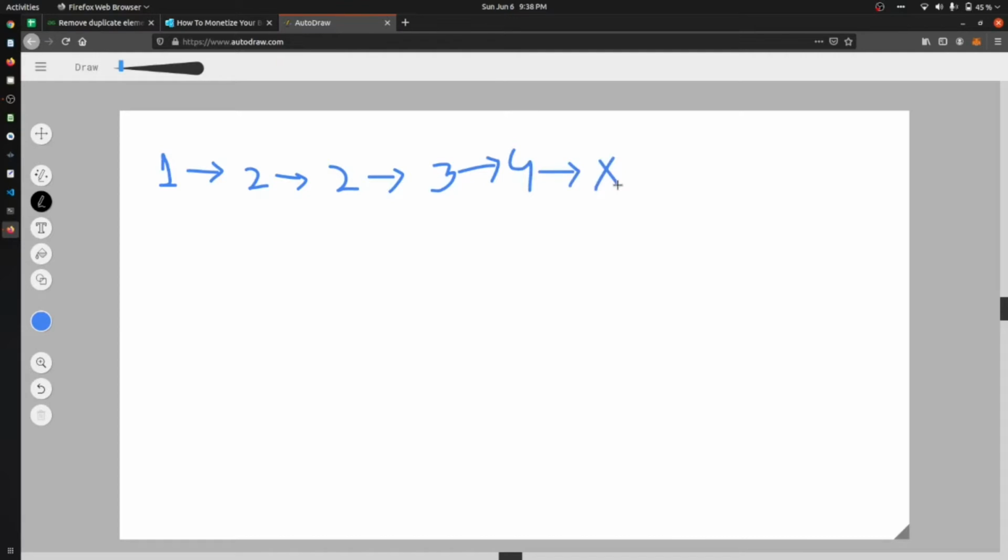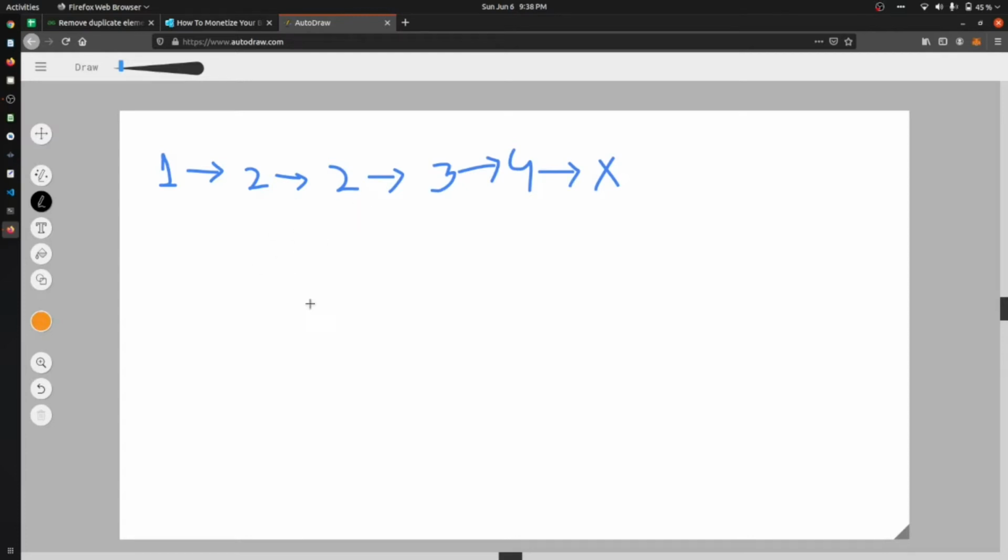X is denoted as null in my case. So you can see that this is sorted, and we have one repeated element, that is the 2. So how can we remove all the repeated elements from the linked list?